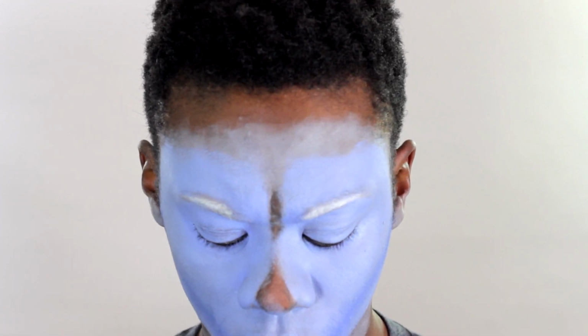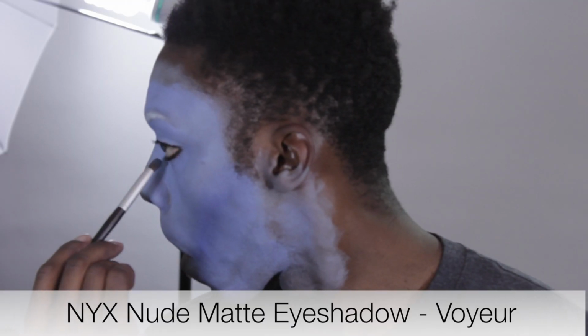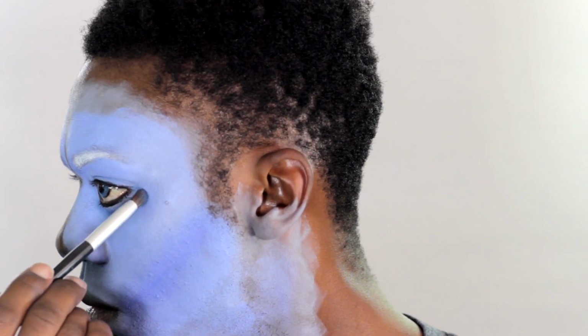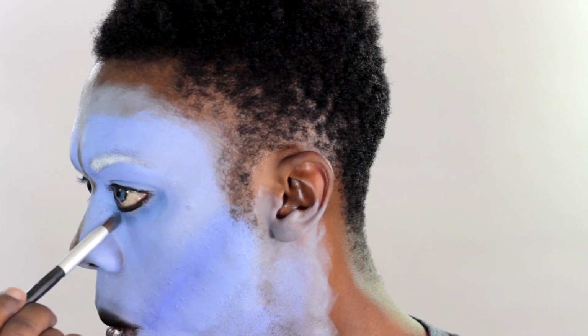This next step is completely optional, but I'm going to use my NYX Nude Matte Eyeshadow in the color Voyeur to go around my eyes to make them look much more striking and dramatic in pictures, as well as I would recommend for female cosplayers to use eyeshadow on top of their eyelids to make their Awoken look much more